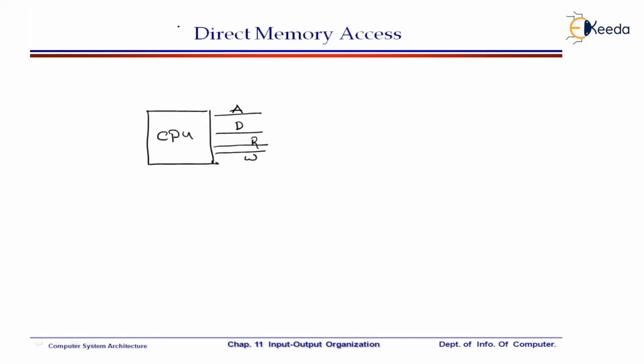Now I just want to implement the direct memory access method in my CPU. First things first, if you want to have a direct memory access method, first of all, we should use a DMA controller. This is called a DMA controller. This DMA controller is going to coordinate the DMA transfer. How exactly does the DMA controller work?